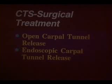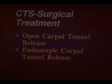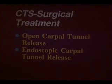There's a newer treatment that we've been using for the last 8 to 10 years called endoscopic carpal tunnel. It does the same thing. It's basically less invasive. You're making a smaller incision and you're just cutting that ligament without